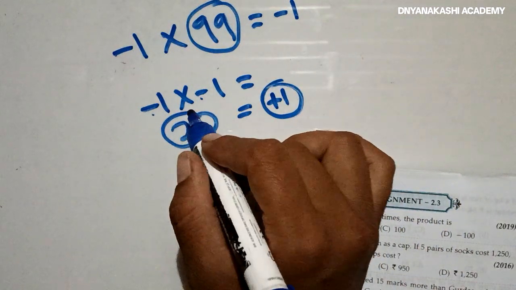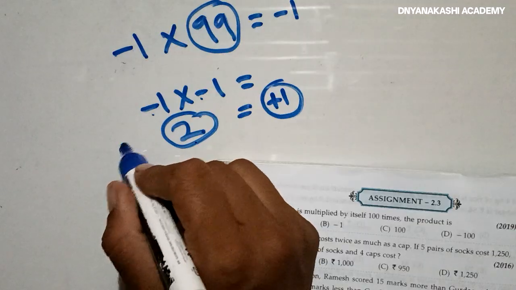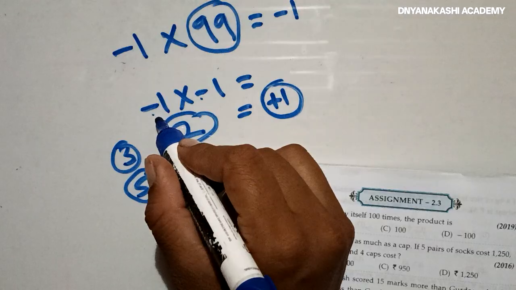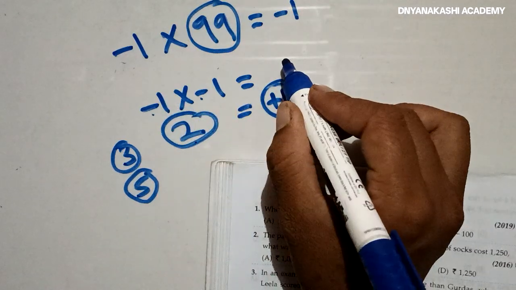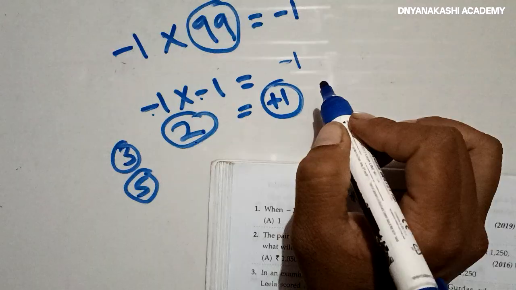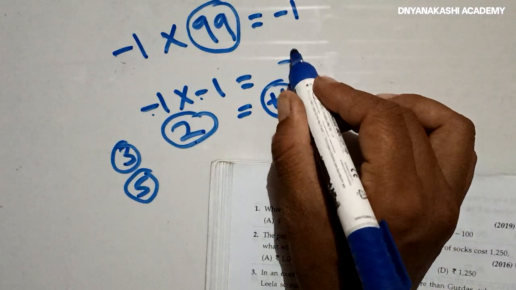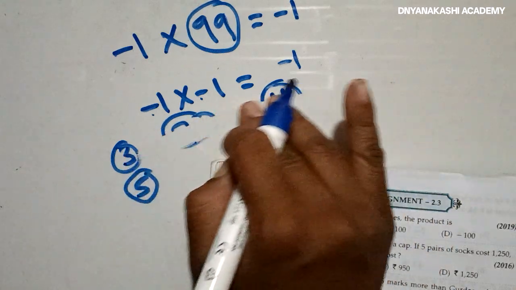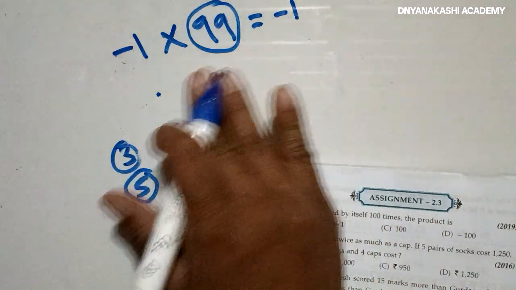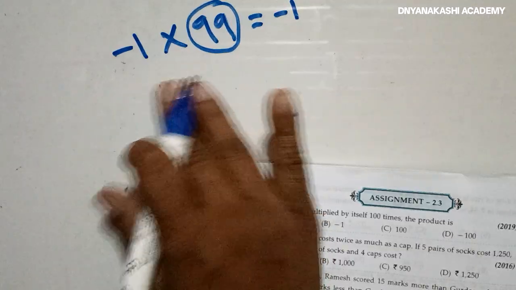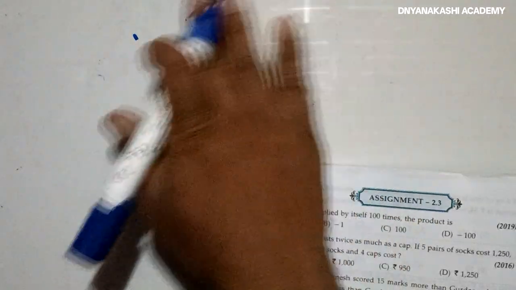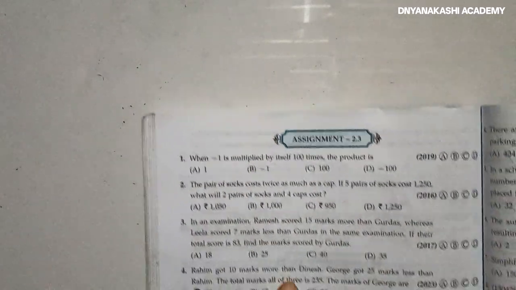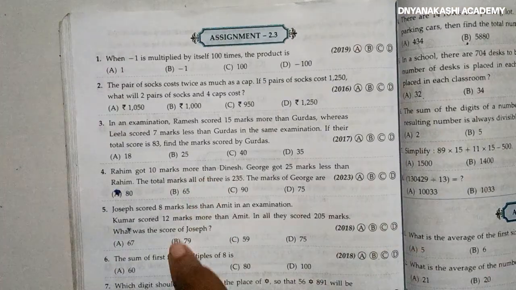Suppose minus 1 is multiplied an odd number of times, say 3 times or 5 times. We always get the answer minus 1. Here the question is, minus 1 is multiplied 100 times. 100 is an even number, so the product of minus 1 multiplied 100 times is